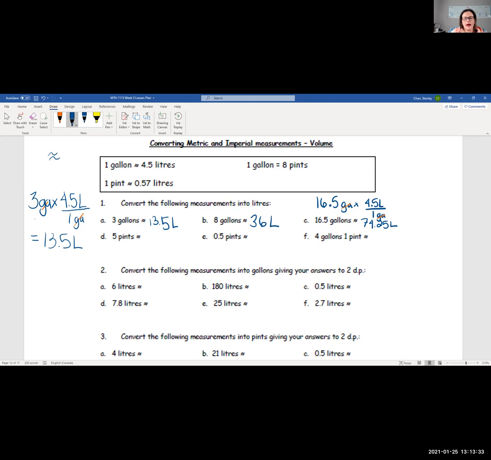All right. How about pint conversions? How can I convert a pint over into liters? So fortunately, I have pint conversions right here. So that means that I can actually do the conversion once I know,